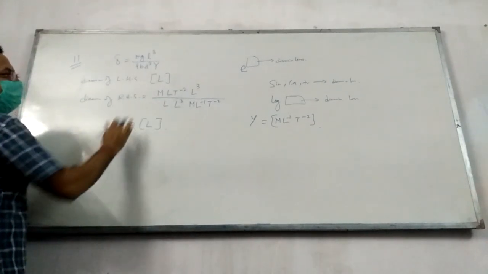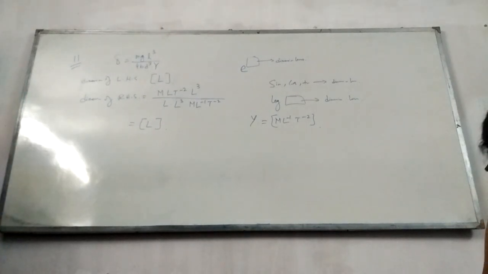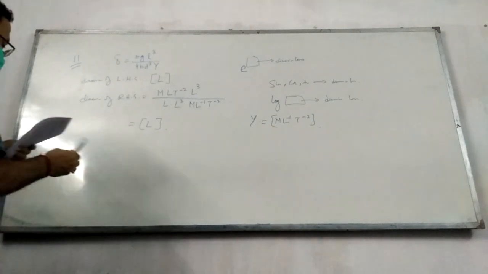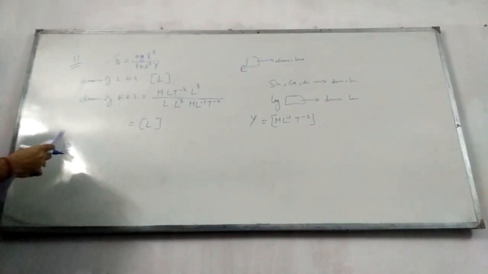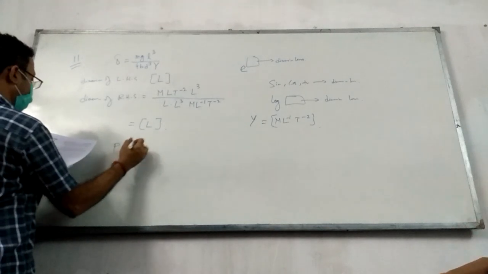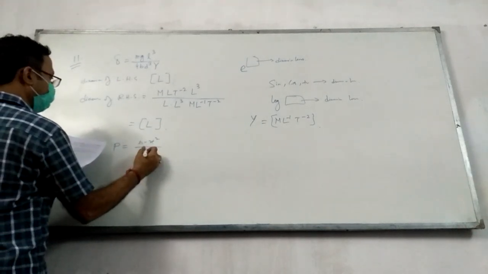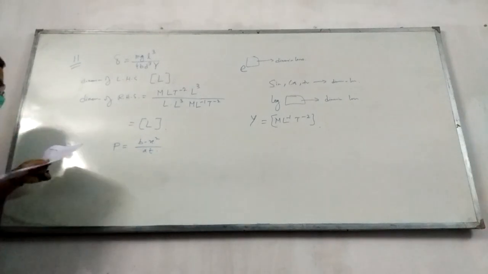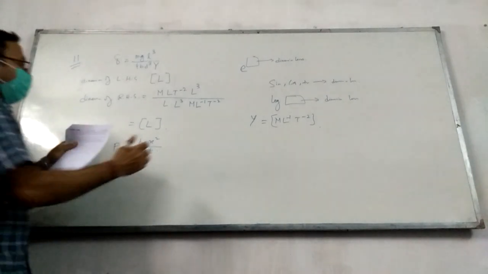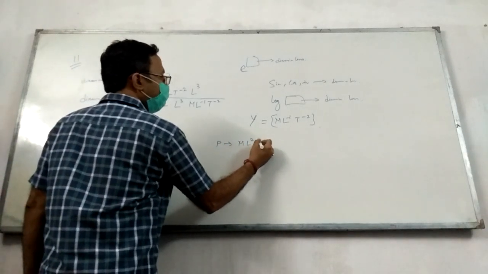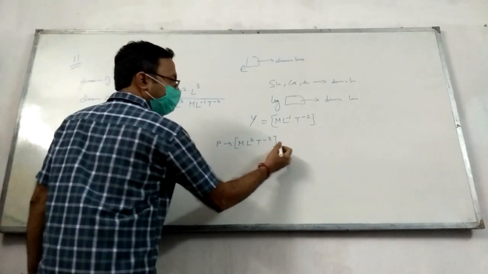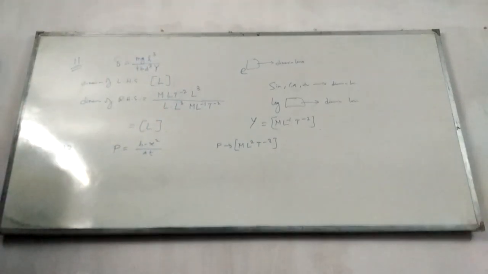That's a dimensional equation; you don't write the constant term here. Next, question number 12: find the dimension of a into b in the relation P equal to b minus x square by a, where P is power. Don't make a mistake. P is power, what is the dimension of power? M L square T to the power minus 2, yes, that's M L square T to the power minus 2 and